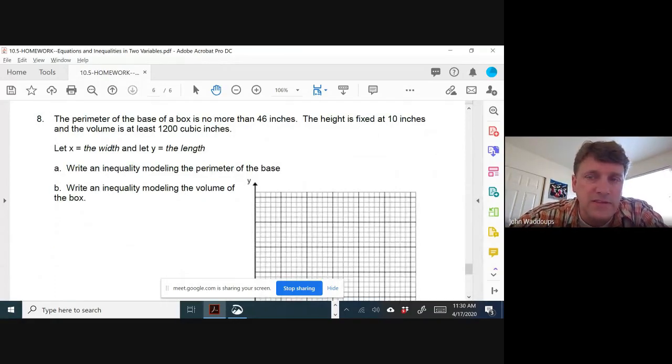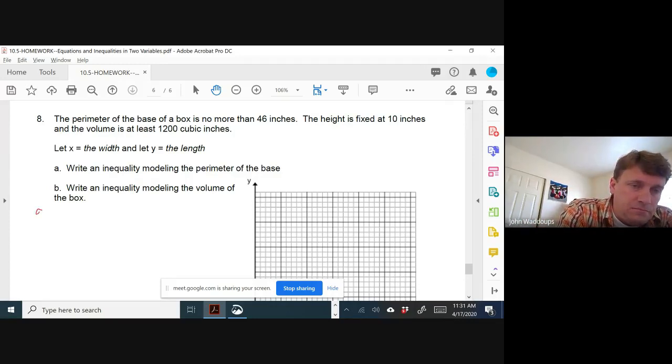So number 8, it says the perimeter of a base of a box is no more than 46 inches. The height is fixed at 10 inches and the volume is at least 1200 cubic inches. It tells us to let x equal the width and let y equal the length. So write an inequality modeling the perimeter of the base. So for A,